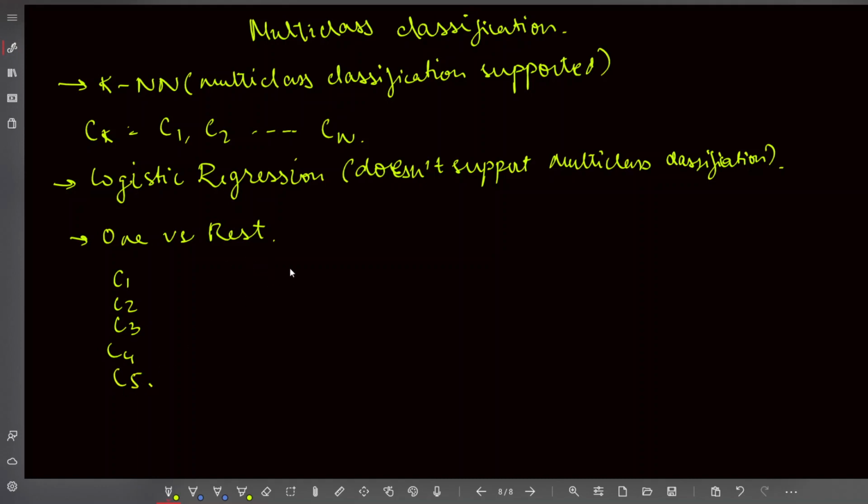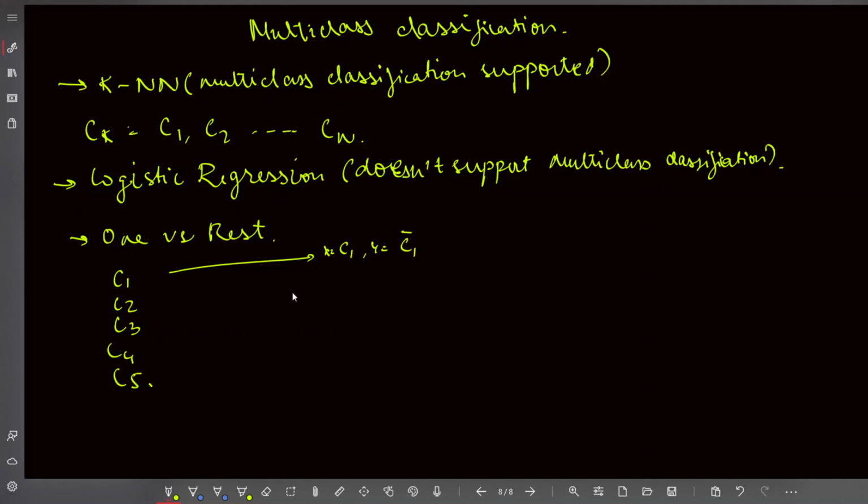What one versus rest helps us do is run the training and the model validation on the dataset five times. The first time, it'll take one class as C1,